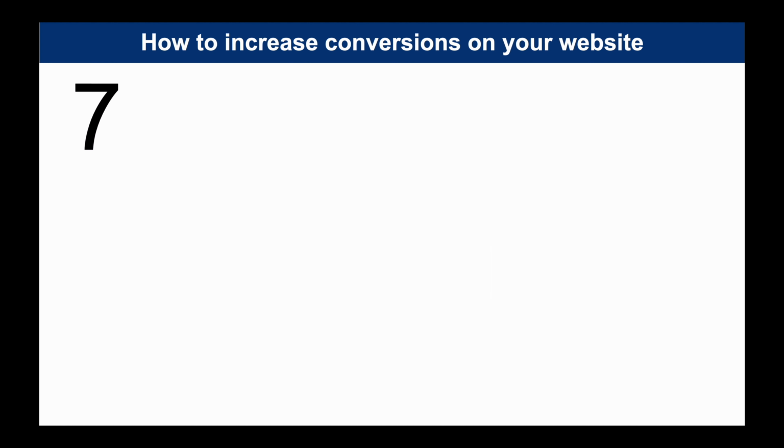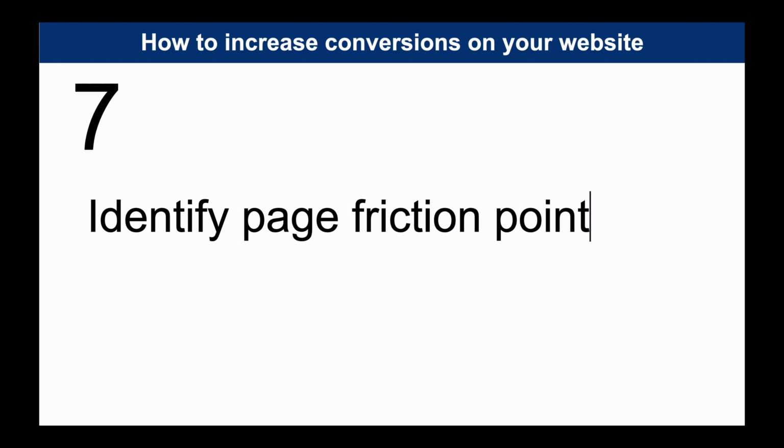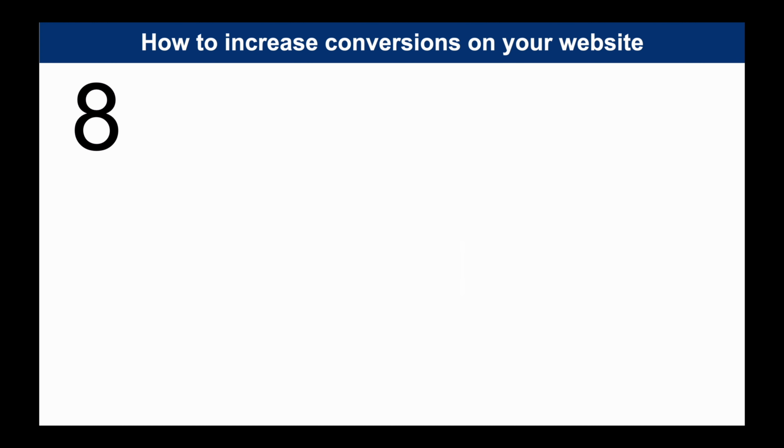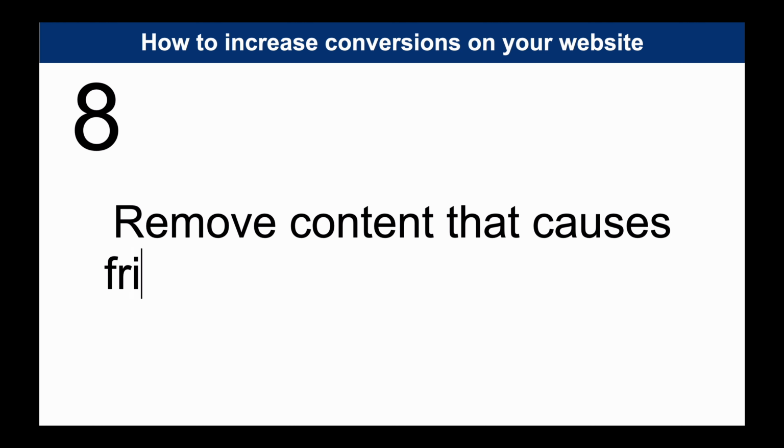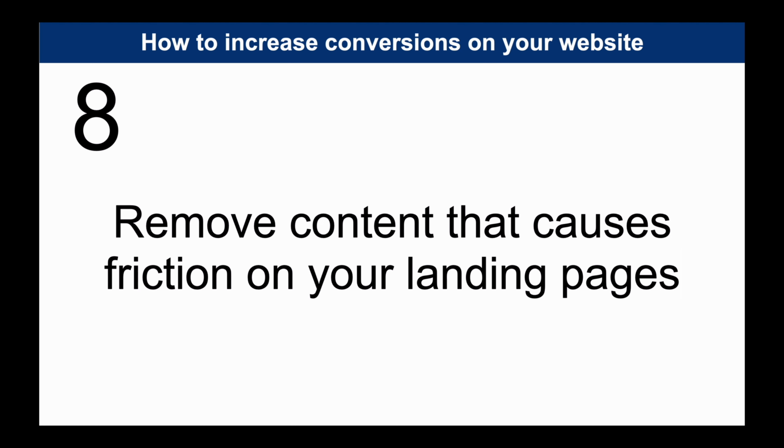Then you need to identify the friction and anxiety. Friction are things that make people hesitate. Anxiety are things that make them concerned, a sense of loss. Whatever causes customer friction on the page, you need to identify it. And then you need to make changes by removing content that is causing friction and anxiety and adding content that will create incentives for the customer. Content that would increase their motivation.